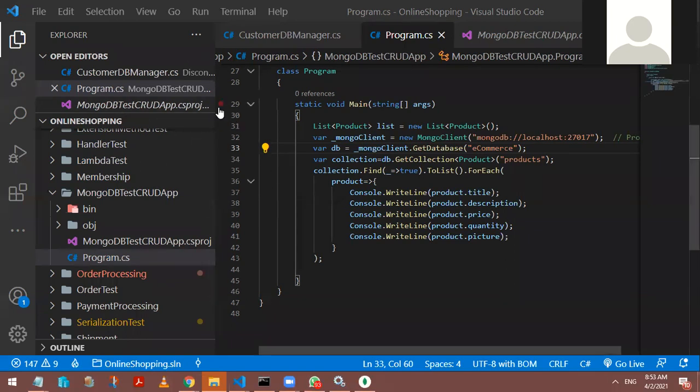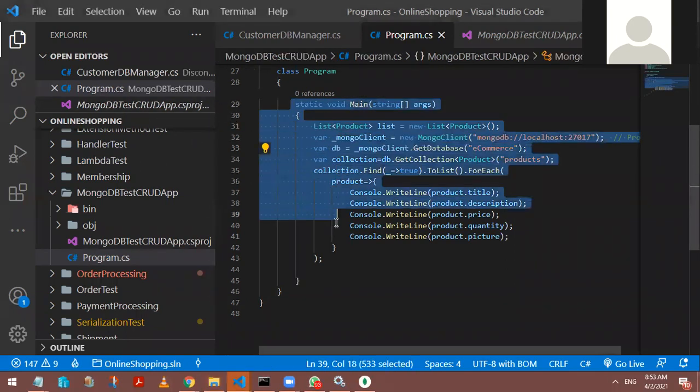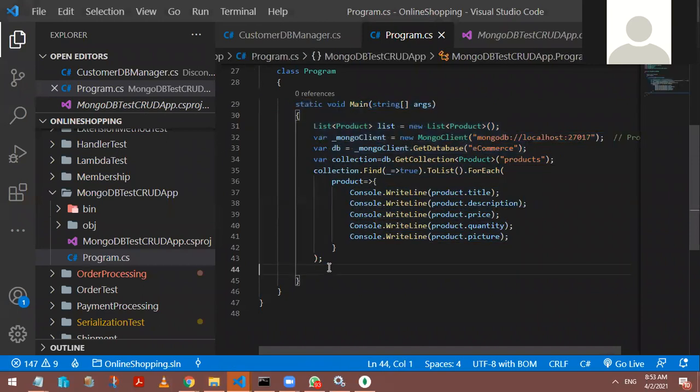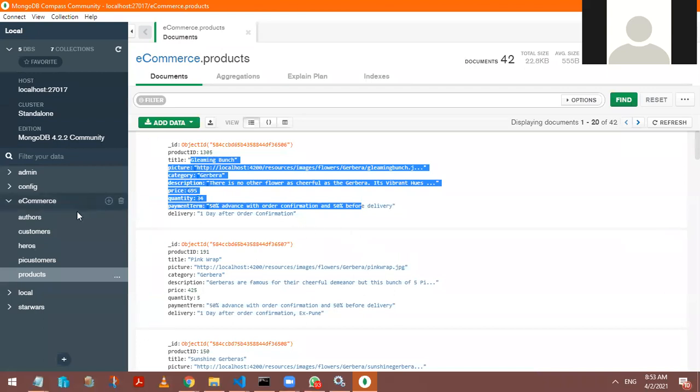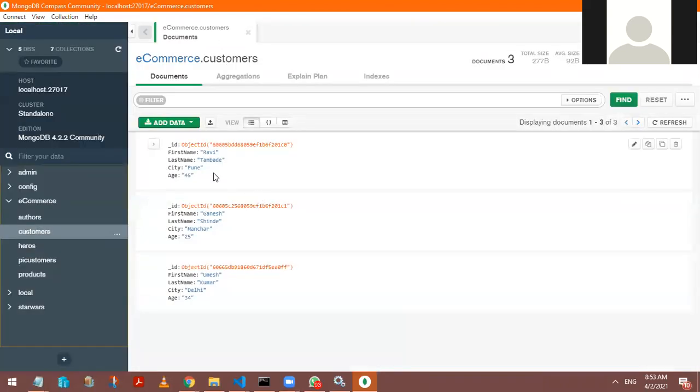So why don't we do one thing? The way I created a simple MongoDB get code, can I create a simple console-based front-end application? Let us create a front-end application which will help me access the data about my customers. Have you seen here? Where's my customer? Here you find city 45, Ravi, first name, last name, Ganesh Shinde, Umesh. I want you to write code for a simple console based utility, and that utility will help me insert data, update data, delete data.